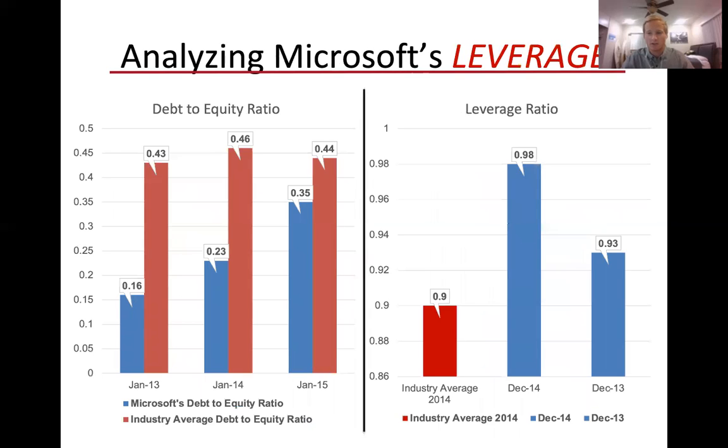Next, we have leverage ratios. On the left, we have debt to equity. Blue is Microsoft's, red is the industry average. Microsoft's debt to equity ratio, lower than the industry average, suggests they aren't very aggressive when it comes to financing their growth with debt. This actually means that more of their growth is done organically than the rest of the industry. It's not a bad thing. On the right, we have our leverage ratio. That's slightly higher than the industry average, just by about 8 basis points in December 2014. The leverage ratio being slightly above the computer programming and data processing industry average suggests that they use a fair amount of operating profit to pay its liabilities. Although this number for the previous 2 years is not any concern and does not mean that they wouldn't be able to find new lenders.